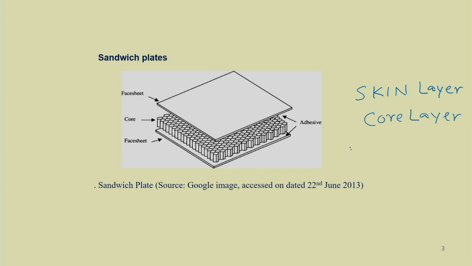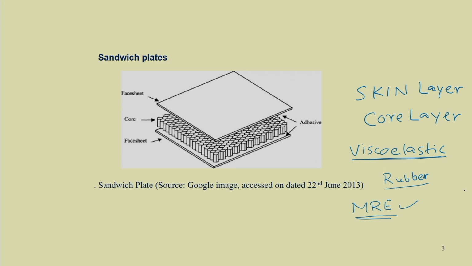For example, one can use a viscoelastic material, which may be a rubber like material. One can put this rubber like material, or thermocol, PVC, all those types of lightweight material in the core layer. In the core layer one can also use magnetorheological elastomer, MRE, and by applying a magnetic field one can change the stiffness and damping property whenever it is required. So, one can have a sandwich plate which may be passive or active.